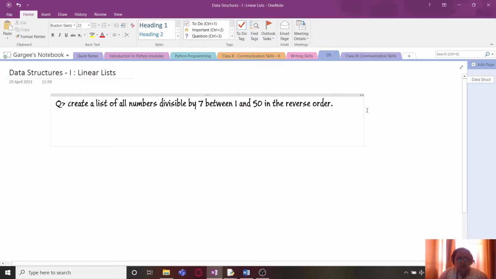Create a list of all numbers divisible by 7 between 1 and 50. That means if we take numbers from 1, 2, 3, 4 and so on up to 50, up till here we have to find all those numbers which are divisible by 7.